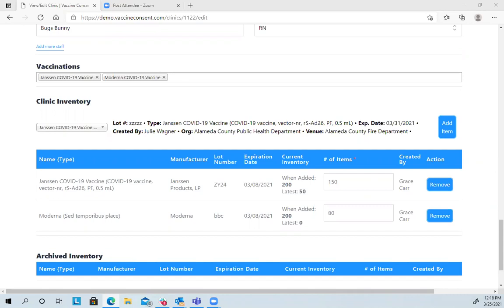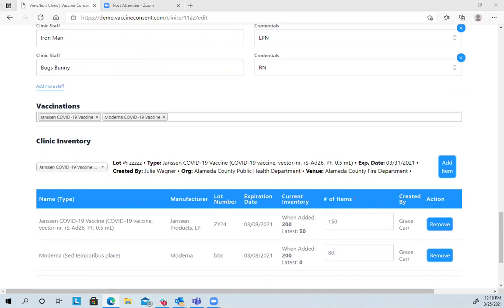So you've already vaccinated people with the wrong. We had a case this week where the wrong expiration date was put down for the vaccine that was added to the clinic. So it was added, people were vaccinated, but they realized that they had the wrong expiration date. When they went to inventory management and updated it, it automatically updated that in the clinic. So let me know if that answers your question.